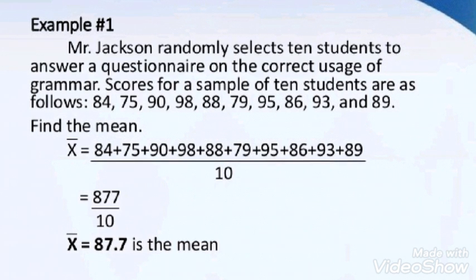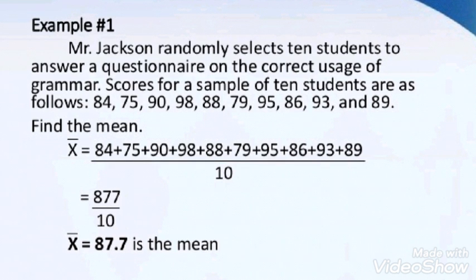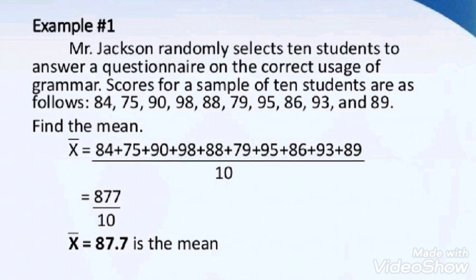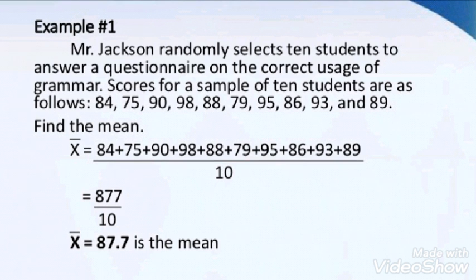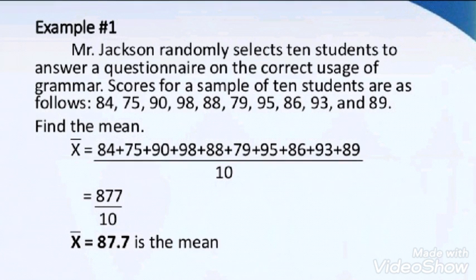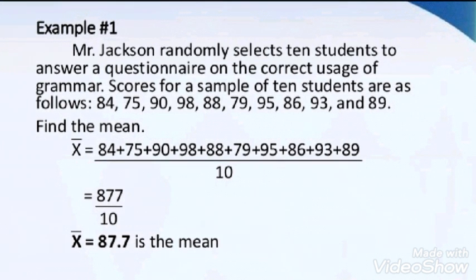Let's see how it is calculated. The mean is represented by x bar. Here they have added all the numbers given for the 10 students, and then divided the sum by the total number of students, the total number of values, and the answer is the mean value of your question. So this is the method you are going to use to calculate. You can see the equation in your books.